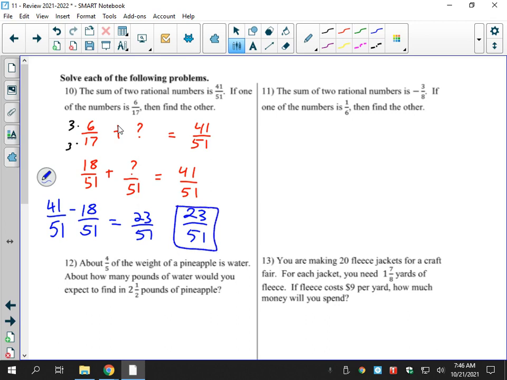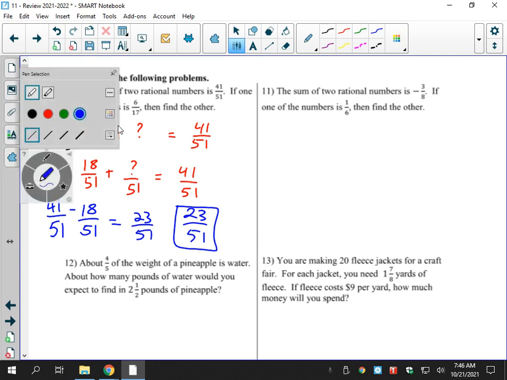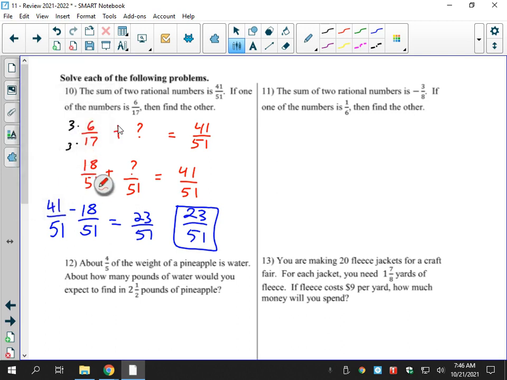Okay. With 11, same type of problem. The sum of two rational numbers is negative 3/8. One of the numbers is 1/6, find the other. So we're adding two numbers. It equals negative 3/8. One of the numbers is 1/6. What's the other? So common denominator between 6 and 8 is going to be 24,